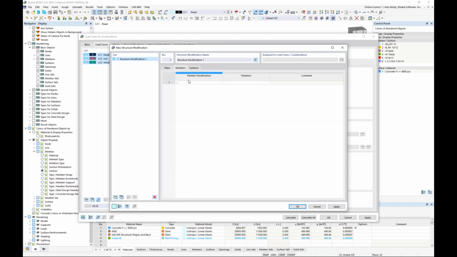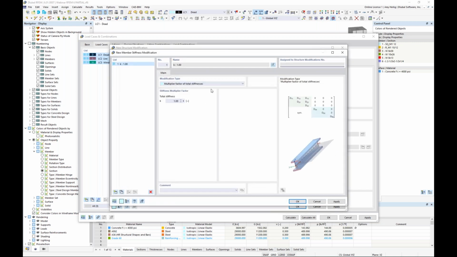Well, under the members, this is where we want to use our drop down here to define a new stiffness modification. So when you are working with either the US or the Canadian standards, concrete or steel, these are both relevant. Topics such as the I cracked factor for concrete are not by default applied to these elements. We need to come in here and tell the program, okay, let's modify the stiffness for the analysis to apply